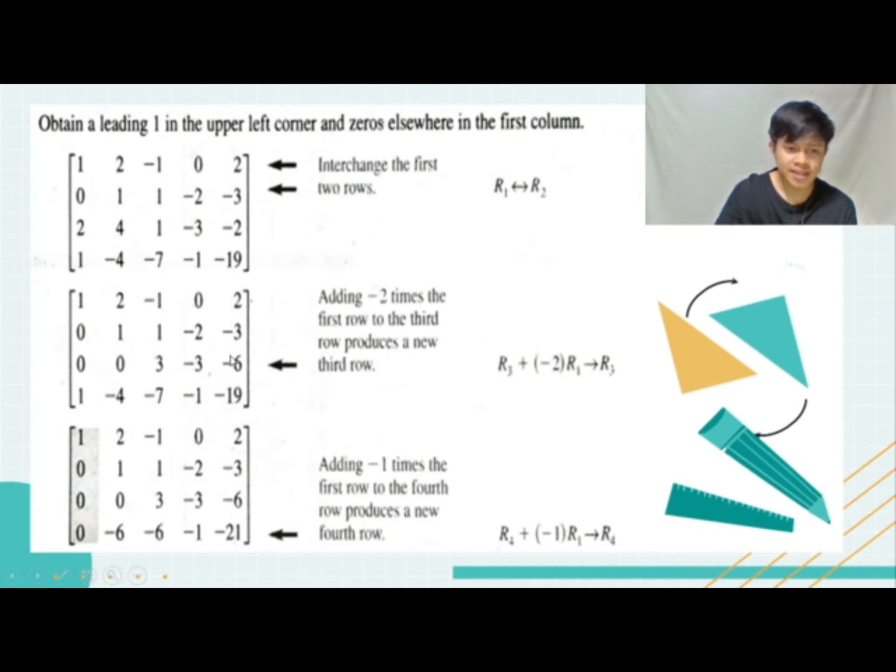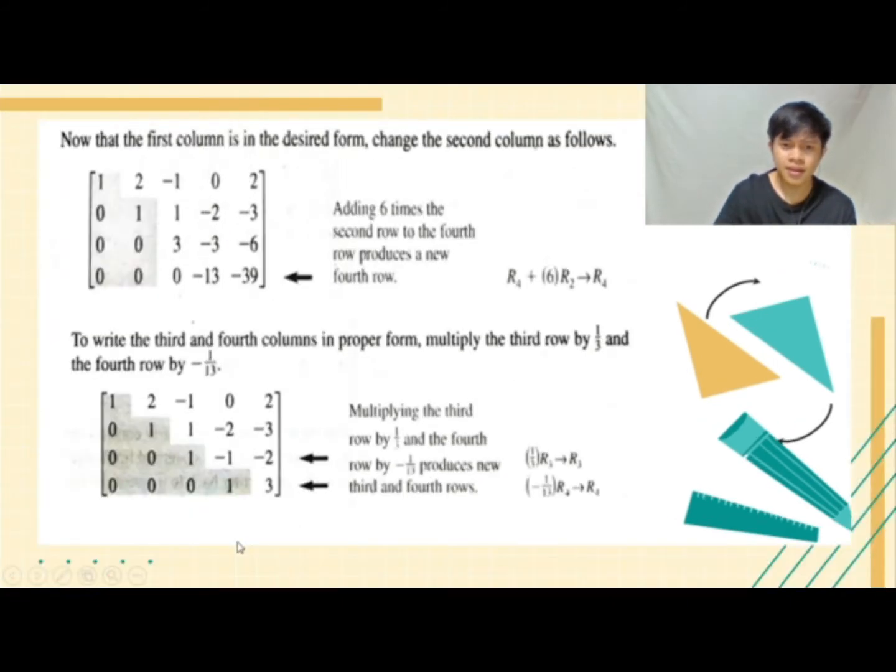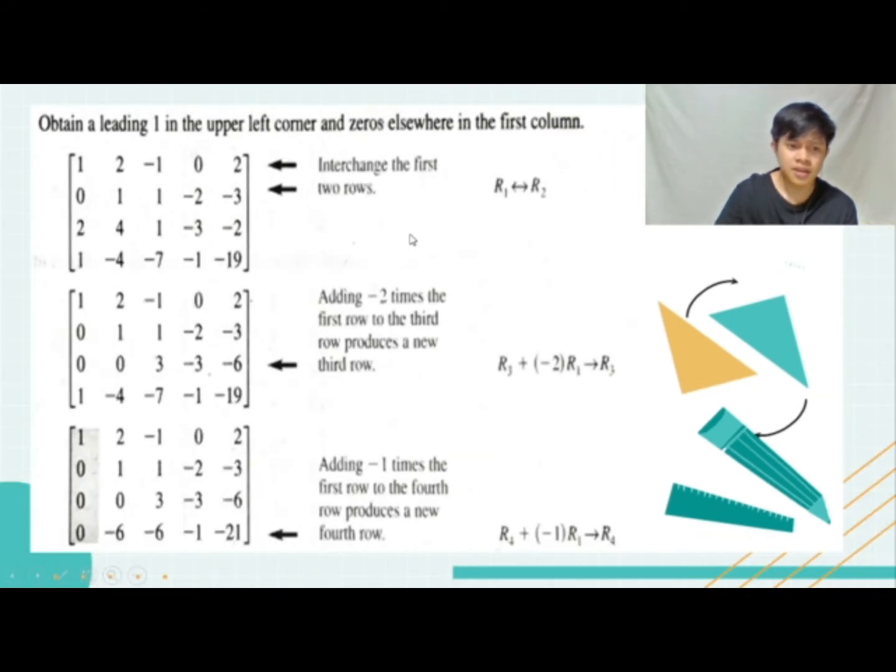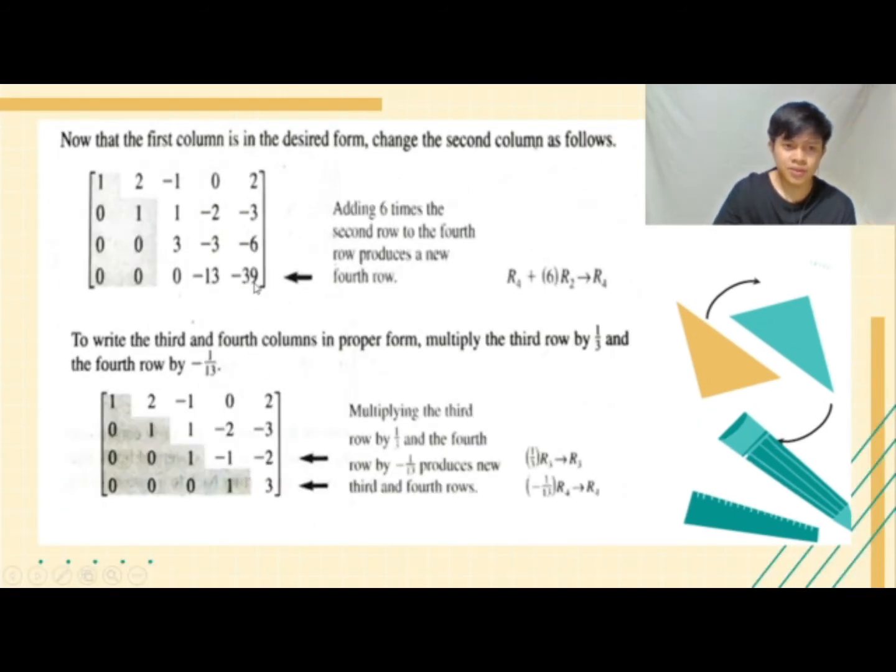Okay? The last one is negative 21 plus 6 times negative 3 is equal to negative 39. Okay, so that's the result of the second step when we are going to compute the Gaussian elimination with back substitution. Okay, so the third step that we are going to do is